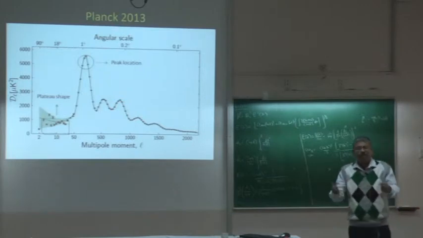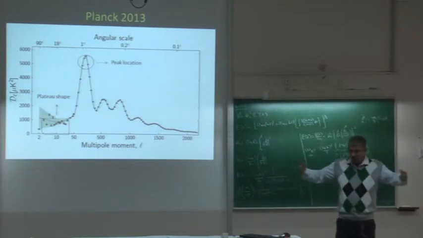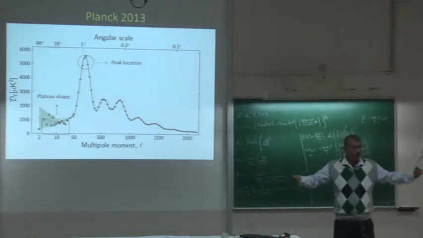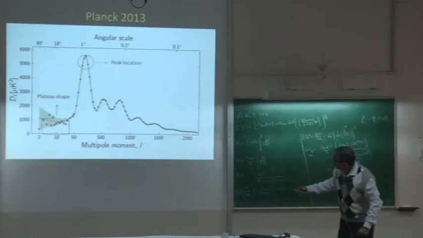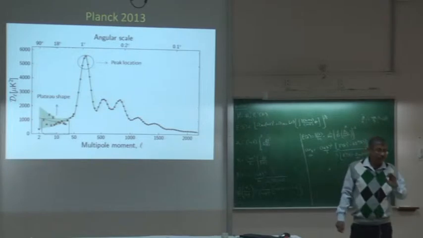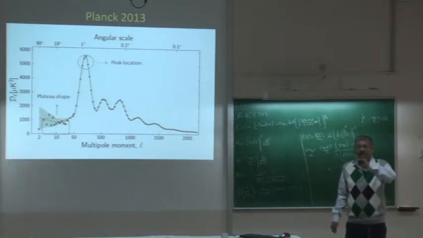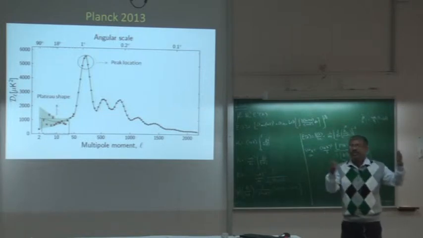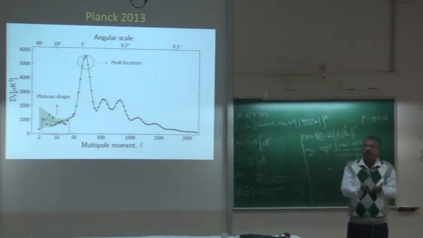Fine? Because pressure and such can only act when you have a causal connection between two processes. If there is no causal connection, all this pressure and those things cannot work. So once things are outside the Hubble horizon, they are frozen. All this flat plateau part is basically, one can show, the anisotropy of fluctuations which are outside the horizon, that have not come inside the horizon till the decay. That's why you have an anisotropy which is just constant and gives you whatever you created during the inflation, and the amplitude is roughly around 10 to the power minus 5 from the inflation.